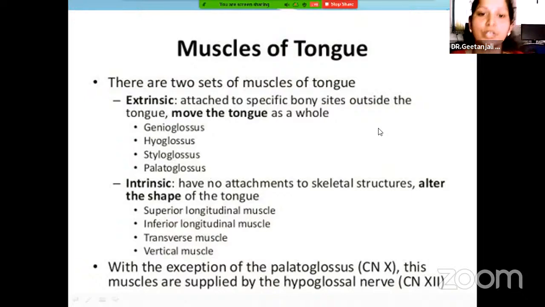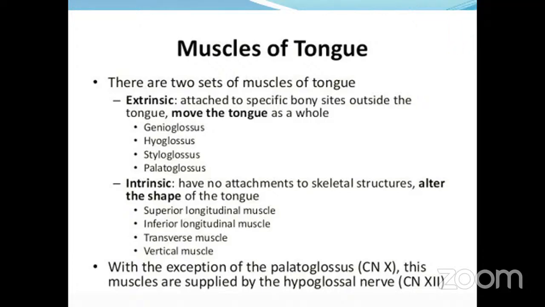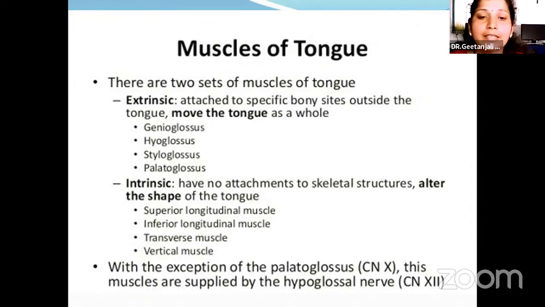See here the muscles of the tongue. There are four extrinsic muscles and four intrinsic muscles. The four extrinsic muscles are genioglossus, hyoglossus, styloglossus, and palatoglossus, and the four intrinsic muscles are superior longitudinal muscle, inferior longitudinal muscle, transverse muscle, and vertical muscle. Extrinsic muscles are attached to specific bony sites outside the tongue, and they move the tongue as a whole, while the intrinsic muscles have no attachment to the skeletal structure and they alter only the shape